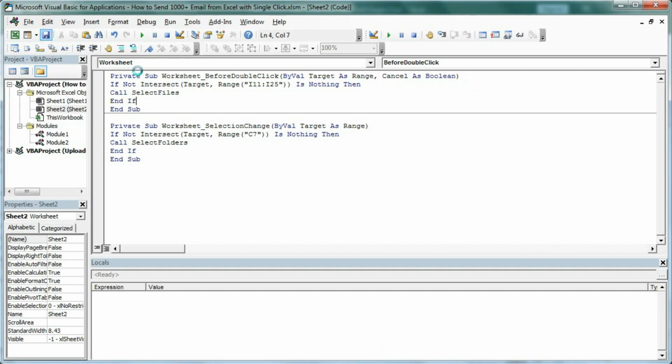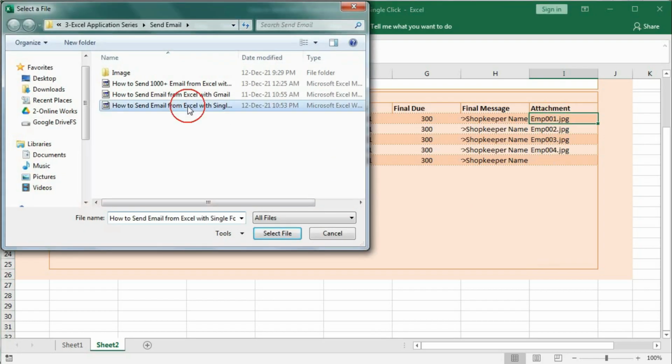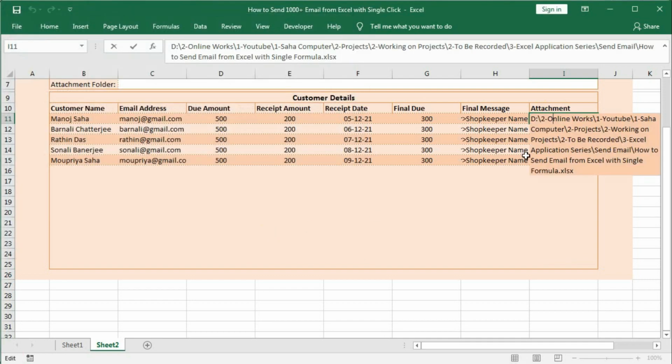Now save it, and here let's check, double click, select a file. Okay, so the file is selected, the value has also come, but it is in editing mode.